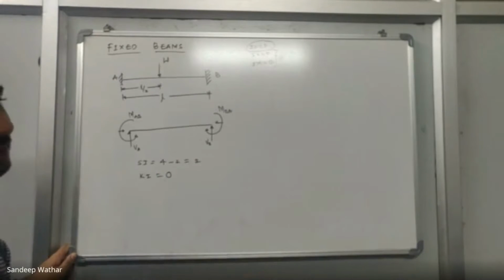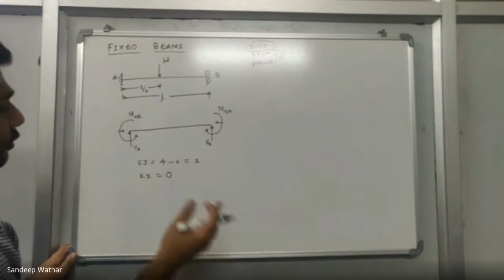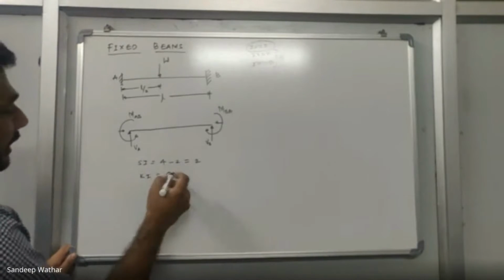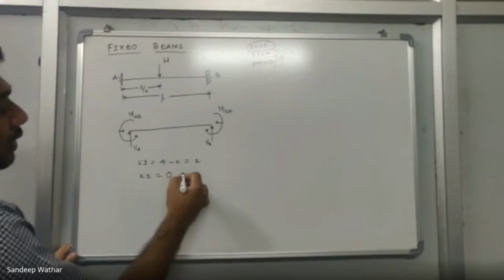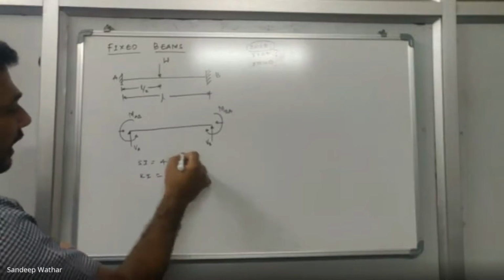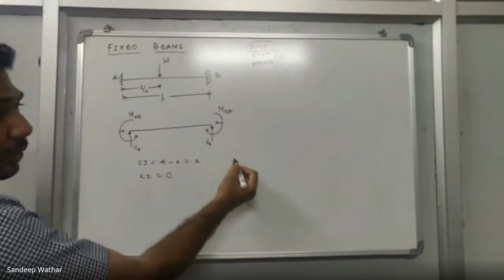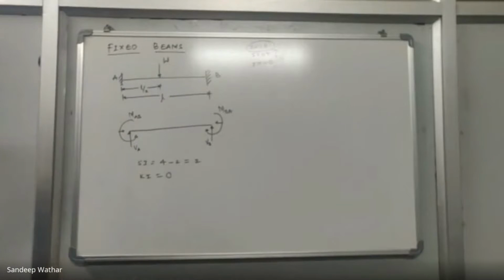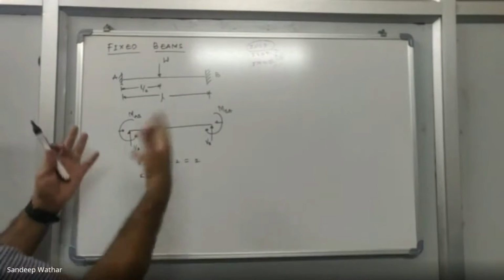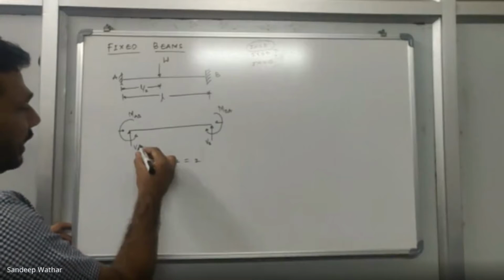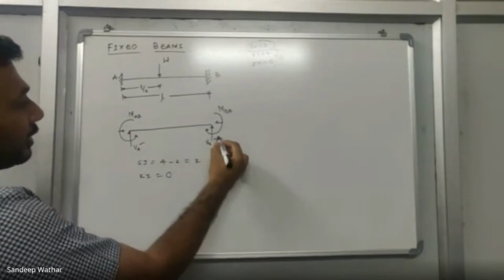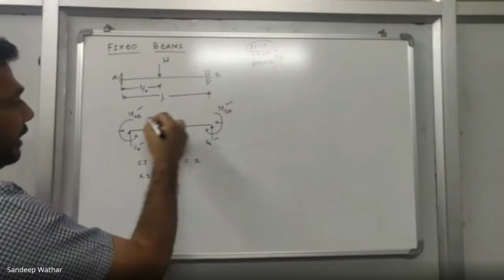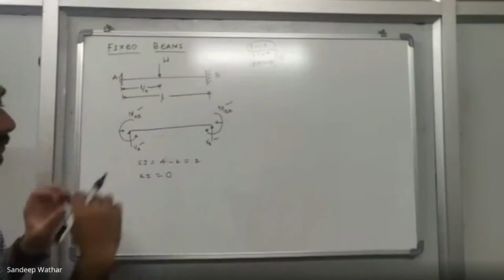The same thing I had explained in the previous class also, how to find out the kinematic indeterminacy. Kinematic indeterminacies are related with respect to slope and deflection, and static indeterminacies are related with respect to reactions that are developed. Once we have understood all of this broadly, you have understood what all things are to be calculated to analyze the structure. We need to determine VA, VB, MAB and MBA. So we need to solve all of this.